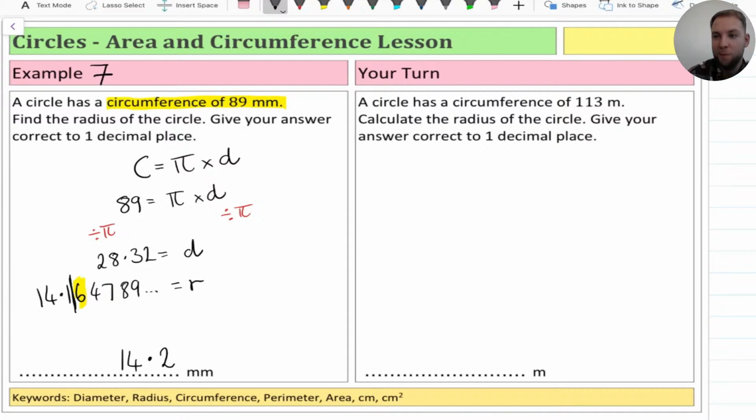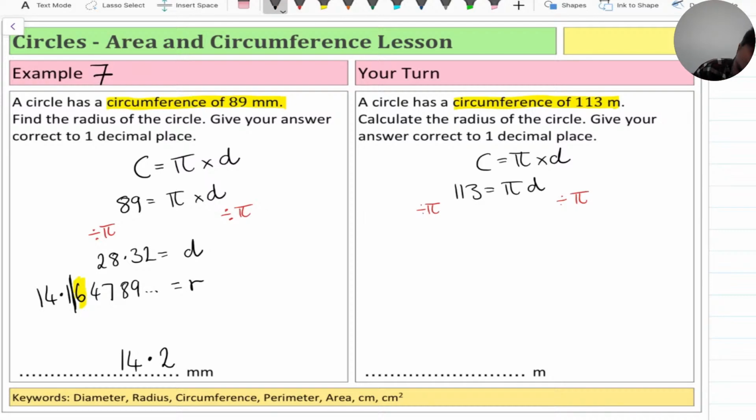Now I can see a common mistake here on the people who are doing it, and I'm going to show you what that common mistake is. So it tells us the circumference here. My circumference, I know the formula for a circumference is equal to pi times d. I sub in what I know, so it's 113 is equal to pi d. I get rid of the pi by dividing both sides by pi. So I end up with 113 divided by pi,